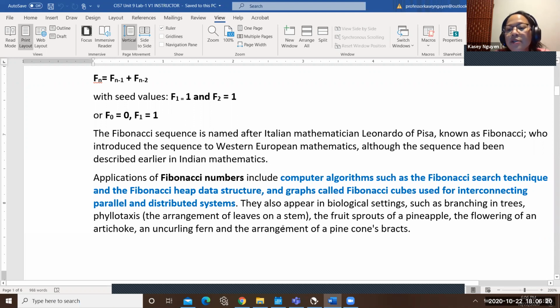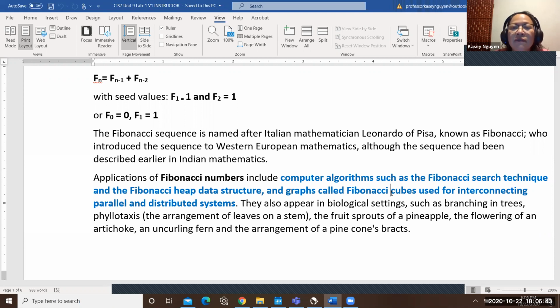Okay. So Fibonacci sometimes can be implemented in search technique. It can also be used for heap, and even graphs. So in some cases you would see it surface again, and in computer science we like to use it because it's really visibly easy to see.